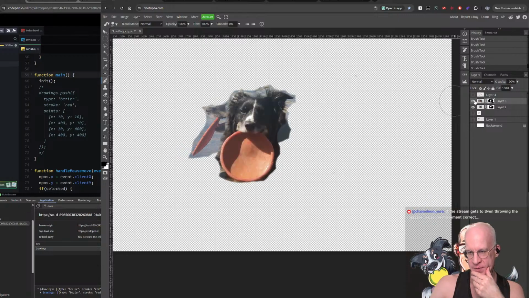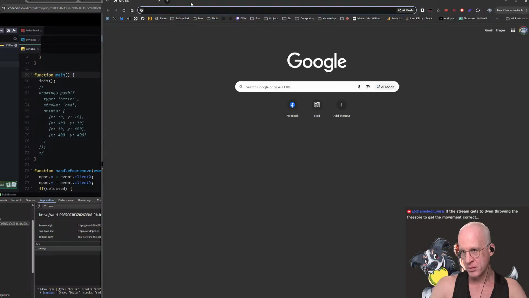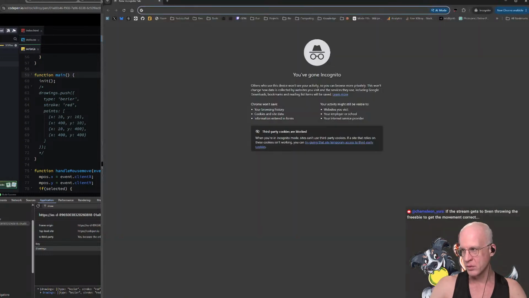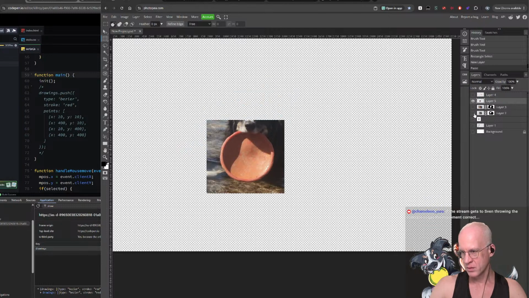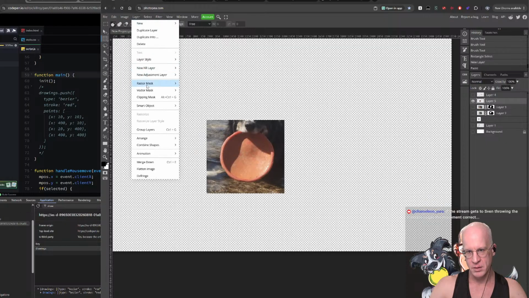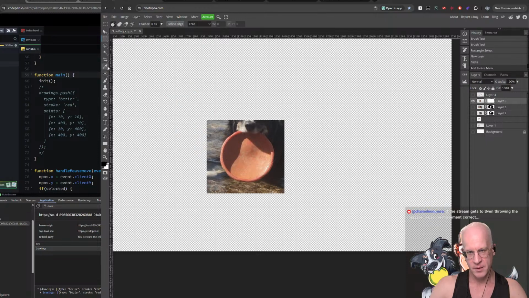But the idea is we start from here, we go from here, and then the next frame is the frisbee. So imagine we'll grab the frisbee. Right. And then here, what if we layer raster mask, reveal all. If I do this,